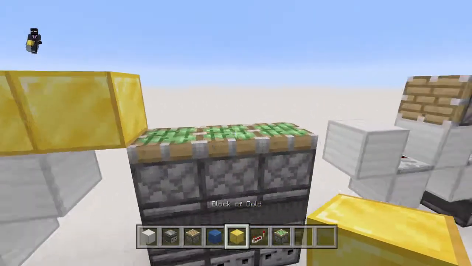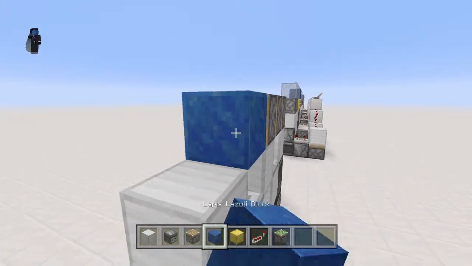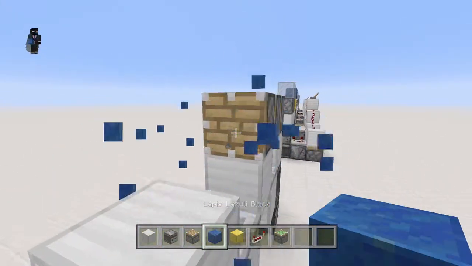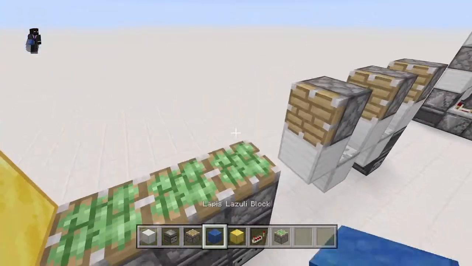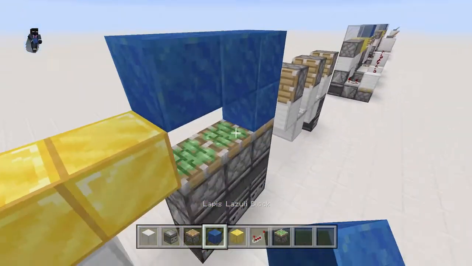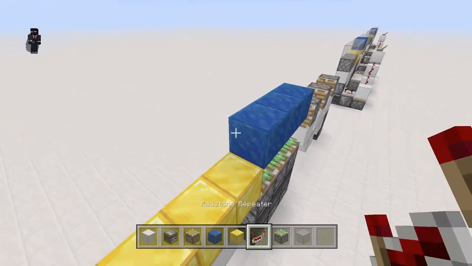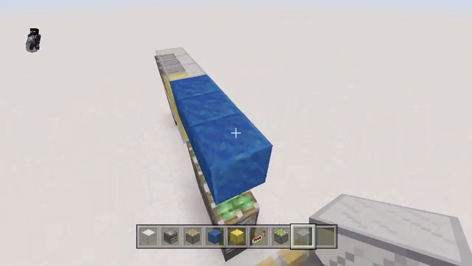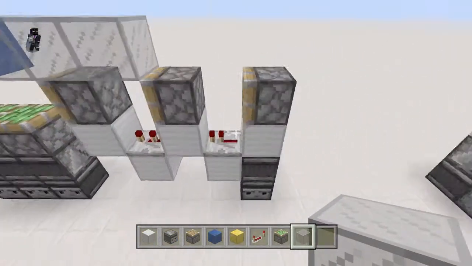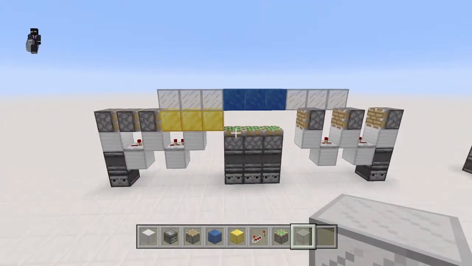So here you can place in some blocks, and you can also place in some here. Although what I'd recommend for when you start building this, you're probably going to want to put these pistons like this and place your blocks already in the floor. So on here, where these lapis blocks is, that is the floor level right there. So yeah, basically you're going to want to have these pistons in their already extended form for the 3 block